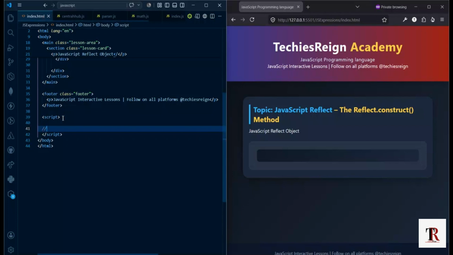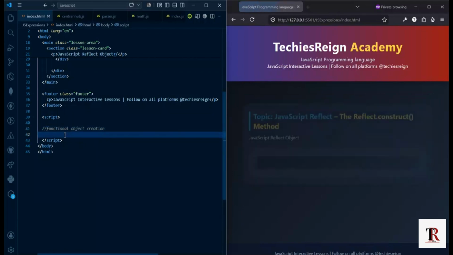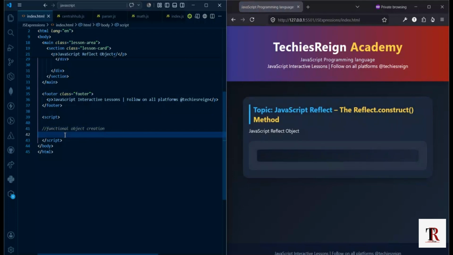So firstly, we need to make a functional object creation. So what is that functional object creation? It is a way to instantiate a new instance of our object or array. So how do we do that? Well,